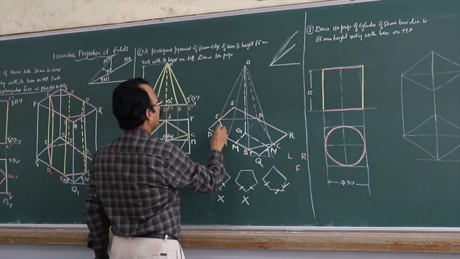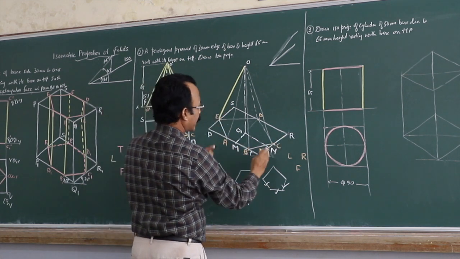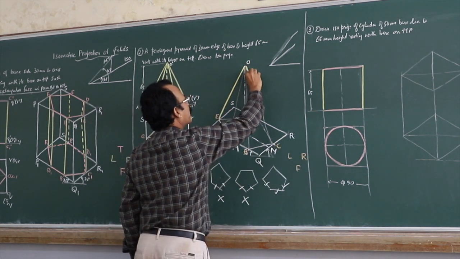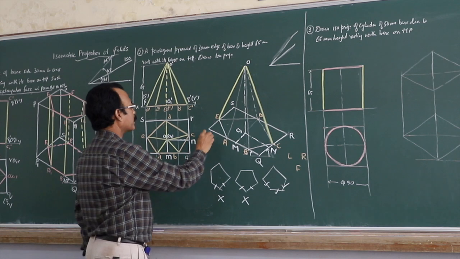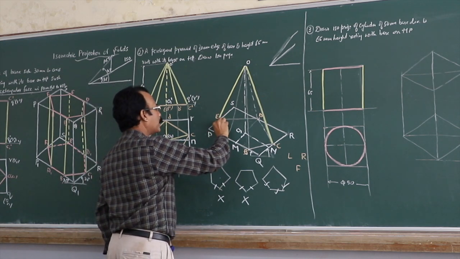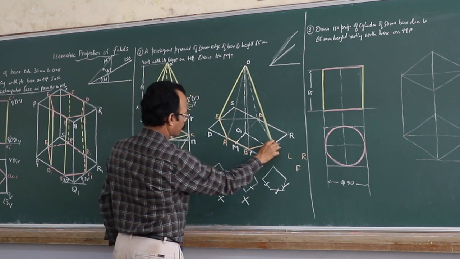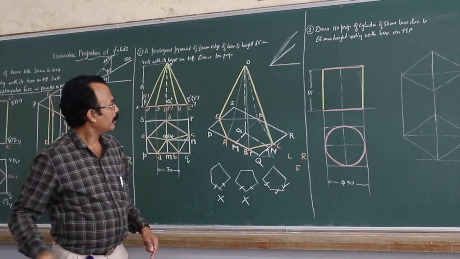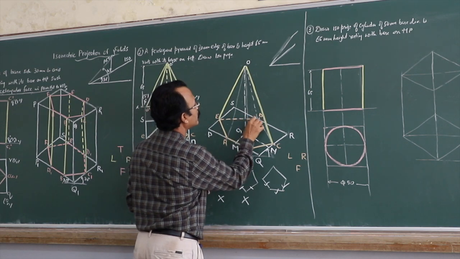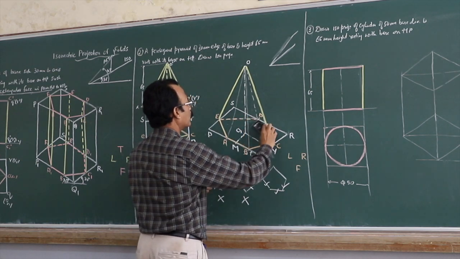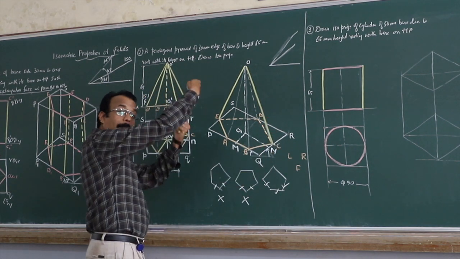So when you take the leftmost point, OE will be the leftmost point, and when you take the rightmost point, OC will be the rightmost slant edge there like this. Then you take this front portion. See, E to A is front, A to B is front portion, B to C is front portion, and this part E to D, it is a hidden or invisible line there, and D to C or CD is also a hidden line there because it is on the back side there.